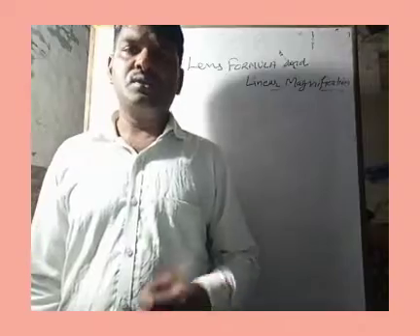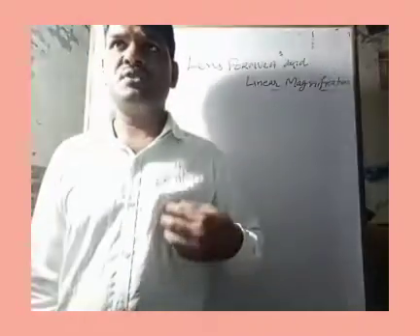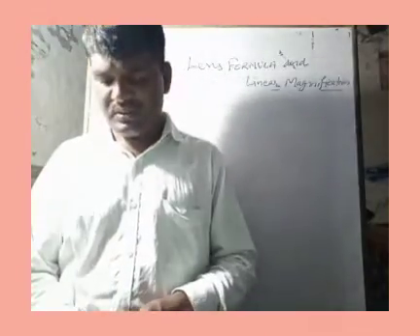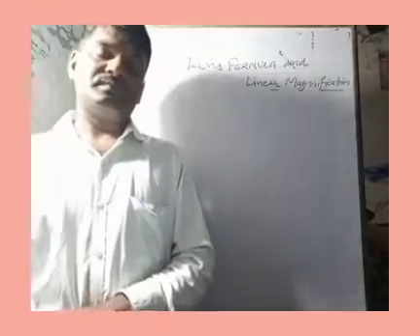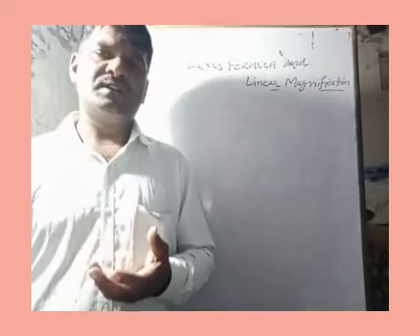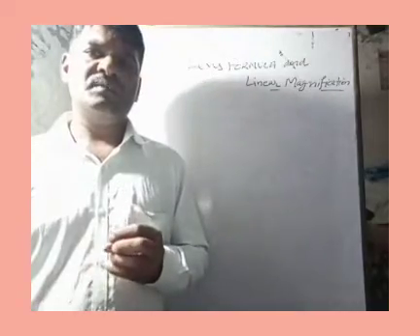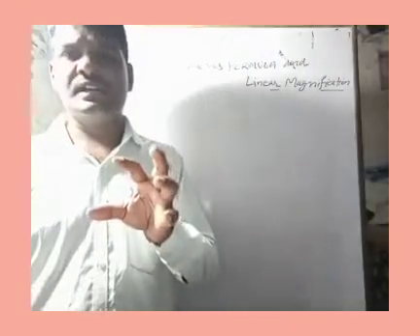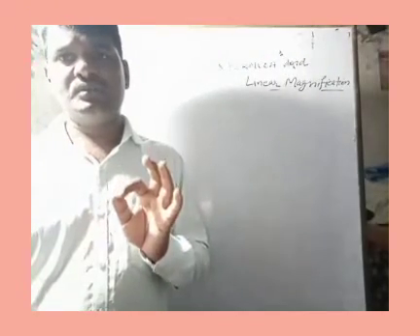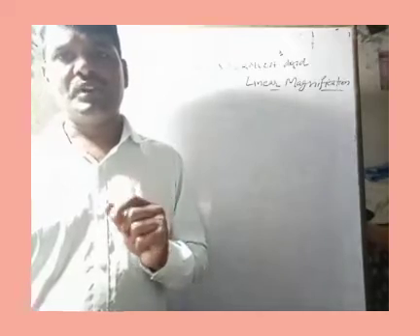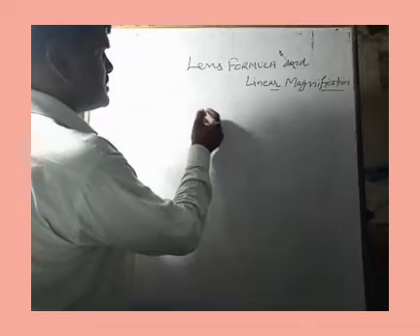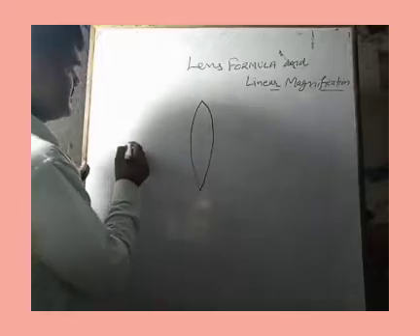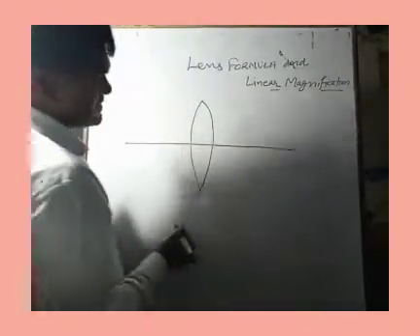Okay, so you also need to keep in mind the mirror formula, and which mirror was used for a real and inverted image, and a virtual and erect image. Similarly, you have to compare with these lenses. So we are going to deduce the lens formula for the convex lens. First of all, we shall deduce the lens formula for a convex lens, such that this is the principal axis.